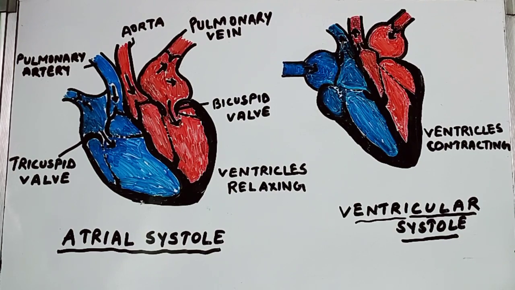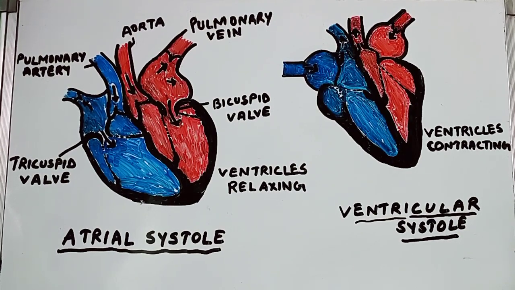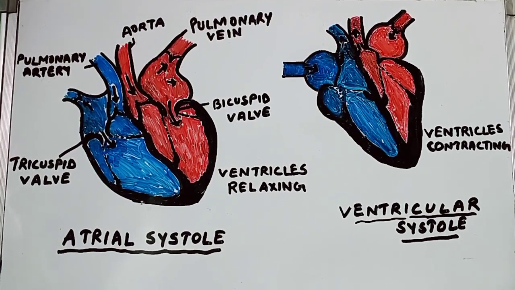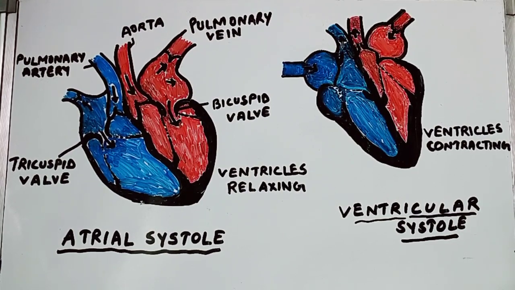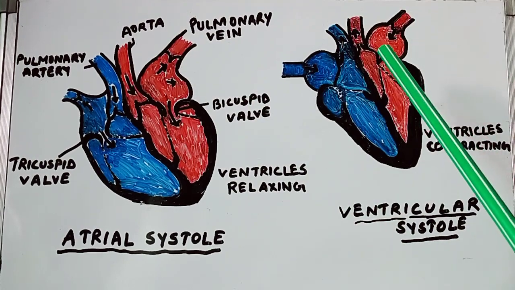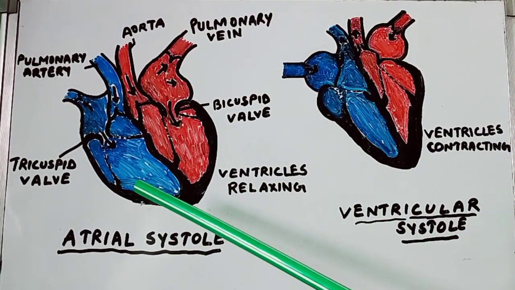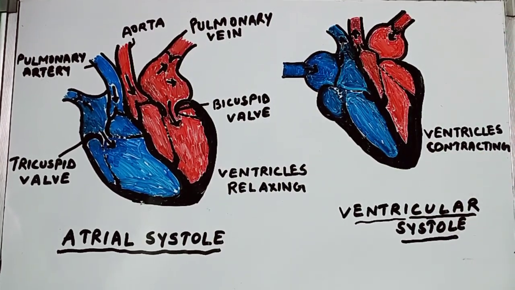So today we will look at the stages of the cardiac cycle and the sequence of events taking place during the cardiac cycle. Now the cardiac cycle is divided into four stages: atrial systole or ventricular diastole, ventricular systole or atrial diastole, as well as one joint phase called joint diastole. You can see on the board the cross section of the heart showing two different stages respectively. That is, first is atrial systole, which is also known as ventricular diastole, whereas ventricular systole is also known